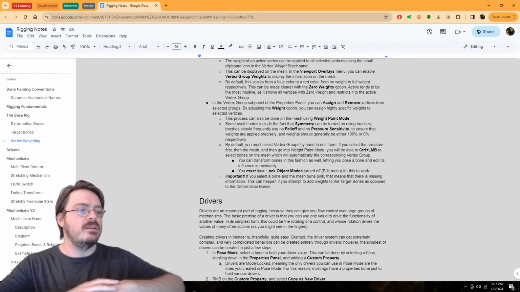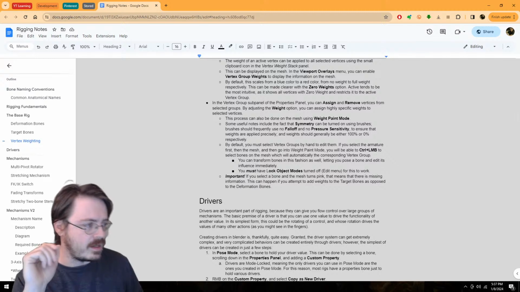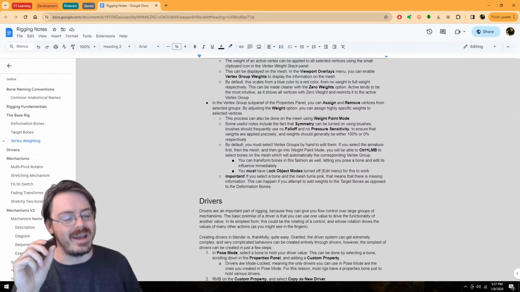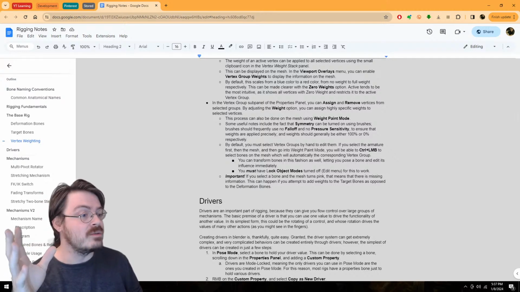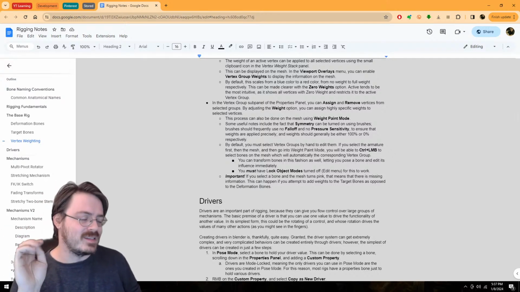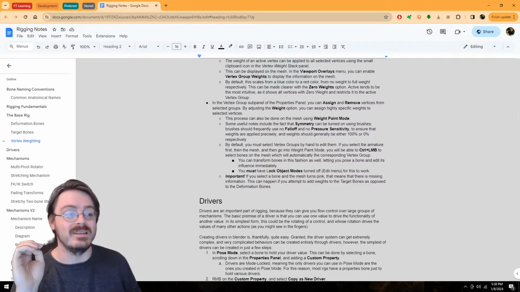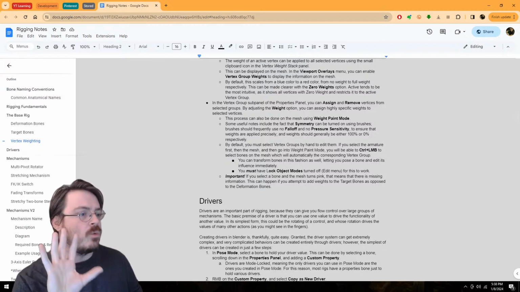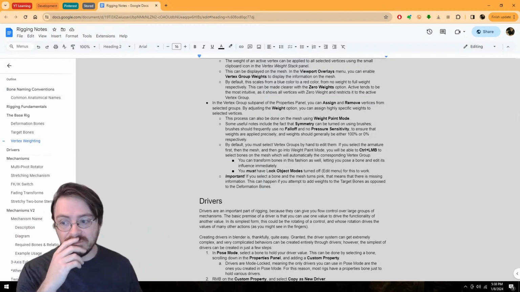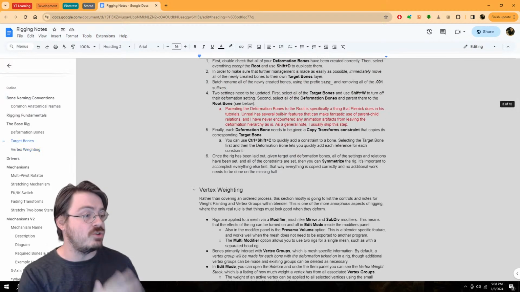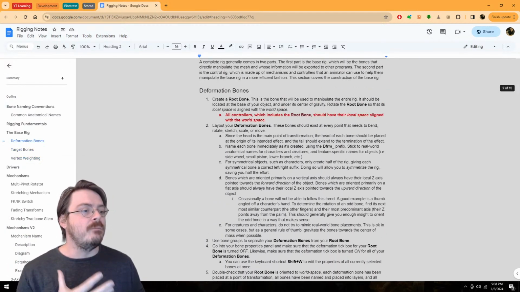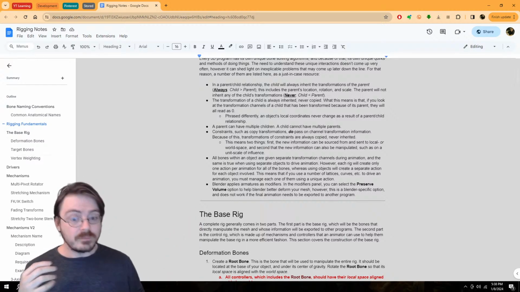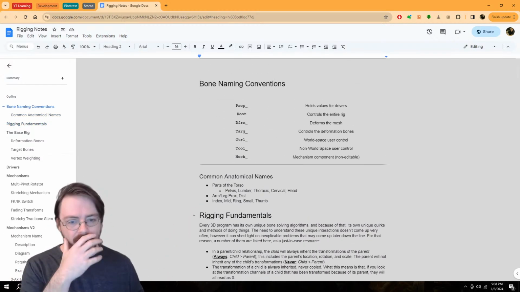I have documents like this for all of the things. I have it for rigging, for Unreal Engine, for modeling, for sound and music. Music is especially bad because I just haven't put as much time into music as I need to, and a bunch of other things. But this is my big document for rigging. In theory, it has all of the information that you could want or need for how to rig whatever it is you want to rig, which is great. That's kind of the thing that I want to do.